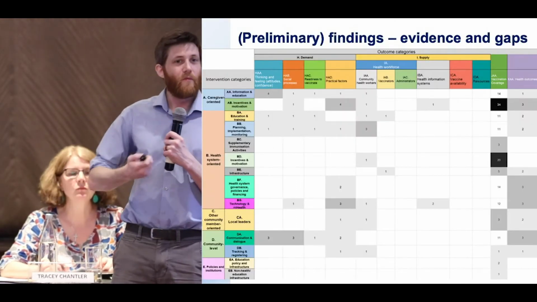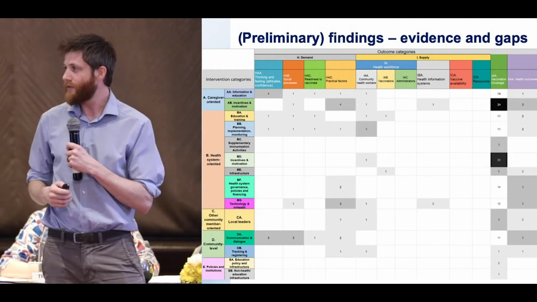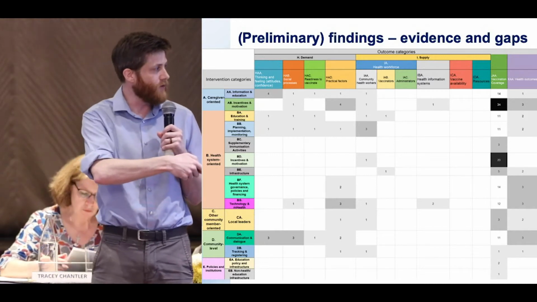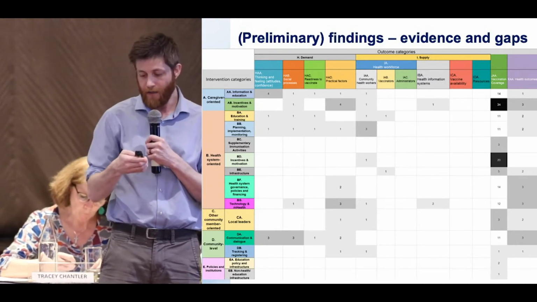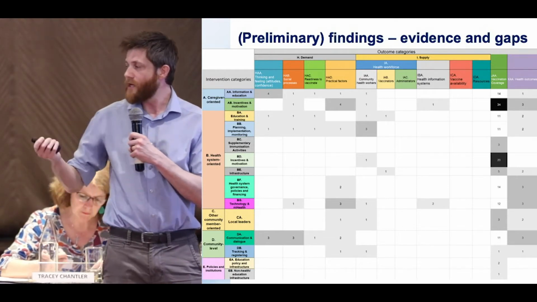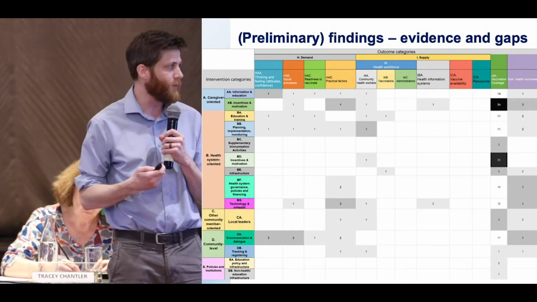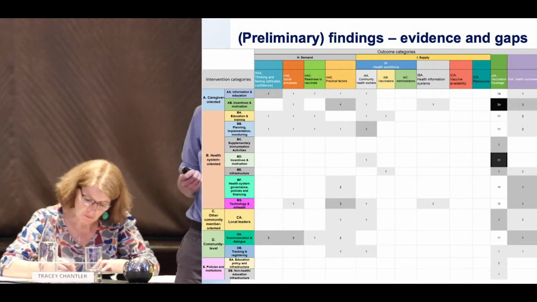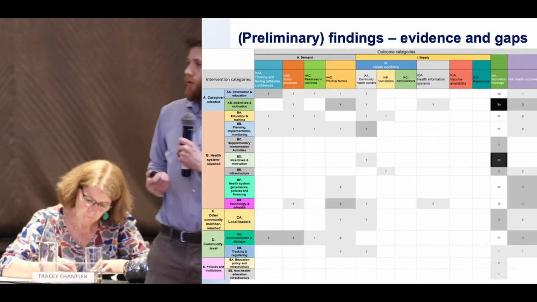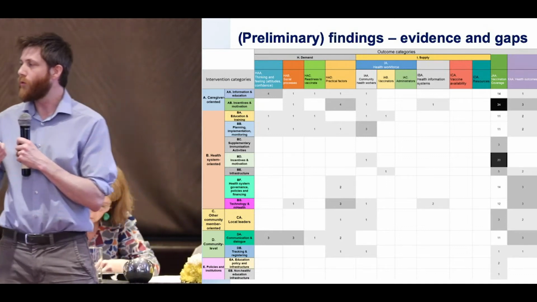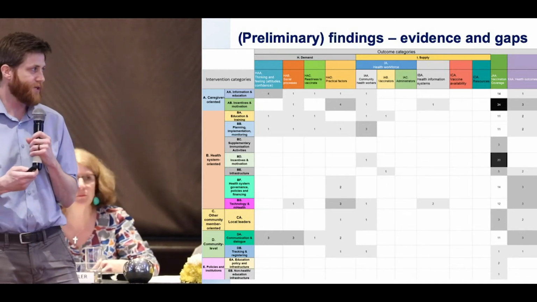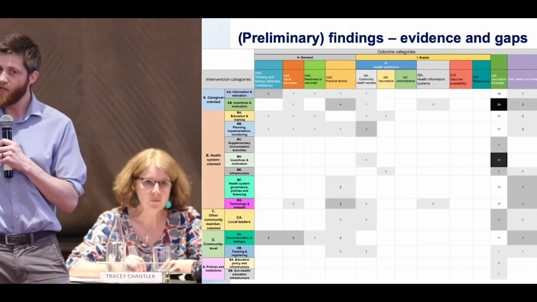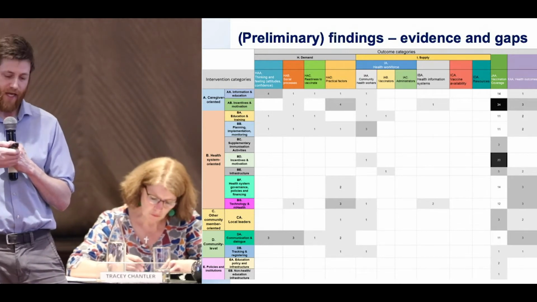So this is what it ends up looking like once you put it all together. And this is at a slightly aggregated level. So these are not the most specific categories. We've done some level of aggregation just to make the results a little bit more digestible. If you're interested in what it looks like when we actually expand out to every single one, it looks kind of like that. But basically, the greater the number of impact evaluations for a particular intervention and outcome pair, the darker the square for that intersection in the matrix.